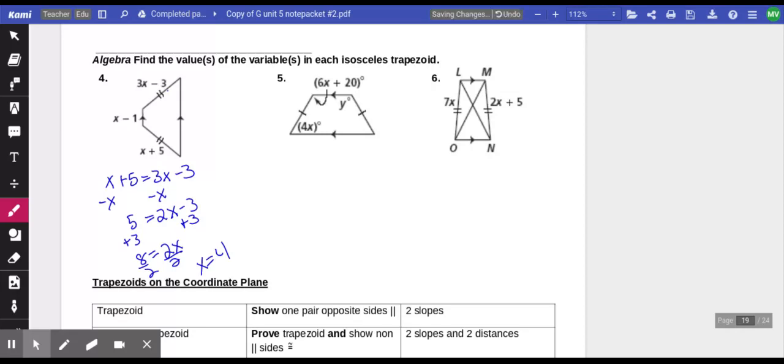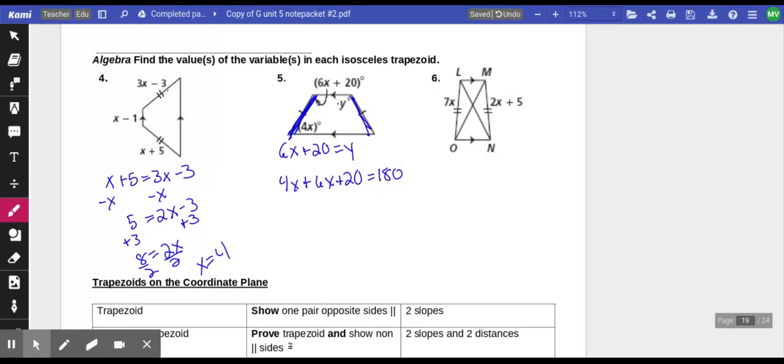Here, I need to utilize my angles. So I know that since these two sides are congruent, that the base angles are equal. So that means 6x plus 20 equals y. But I need another equation because I have 2 variables. So the equation I want to use is along the same side, those two angles have to be supplementary because they're same side interior. So that means 4x plus 6x plus 20